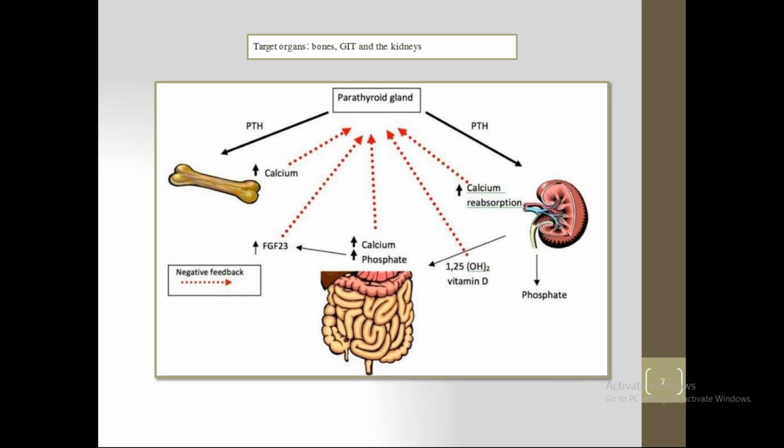So, parathyroid glands are responsible for maintaining calcium balance in the serum. Okay, acts on bone, intestine, kidney. Bone: increased resorption and increased serum calcium. Intestine: increased absorption of calcium and phosphate, okay, which is mediated by vitamin D. Kidney: increased absorption of vitamin D, which in turn causes increased calcium absorption, and phosphate excretion.